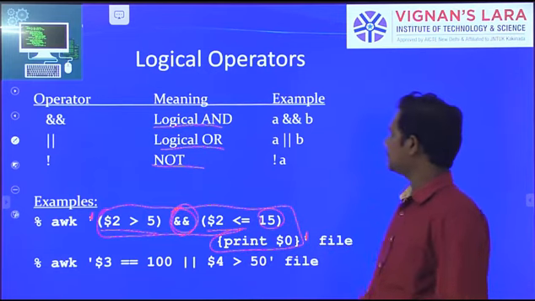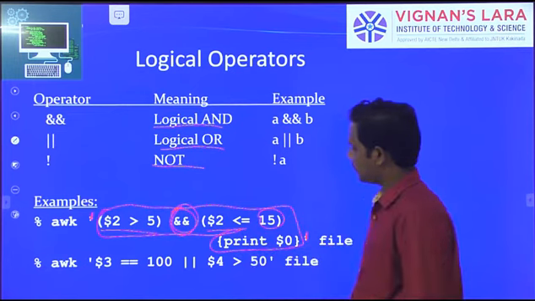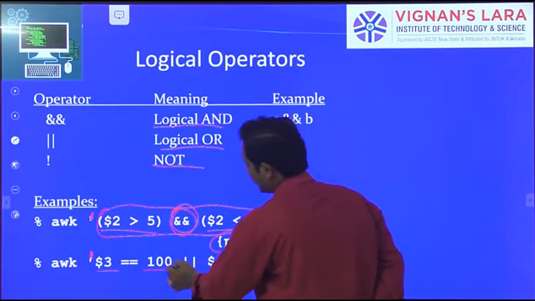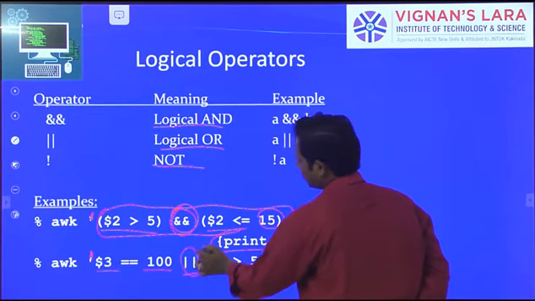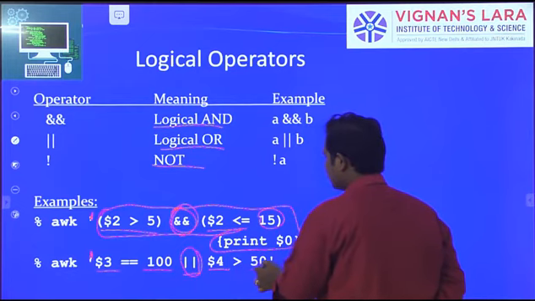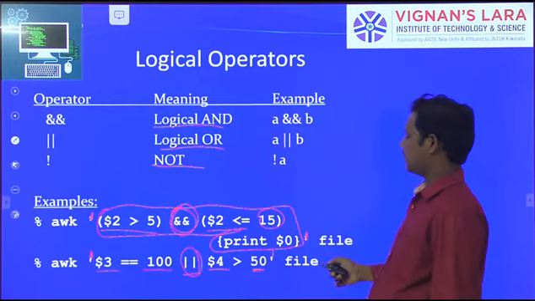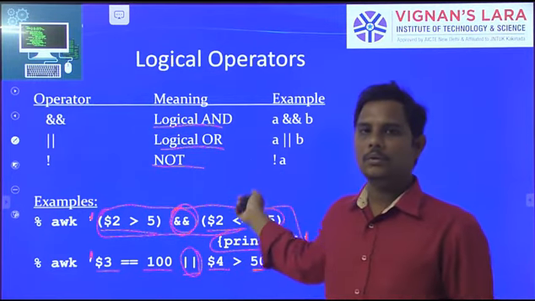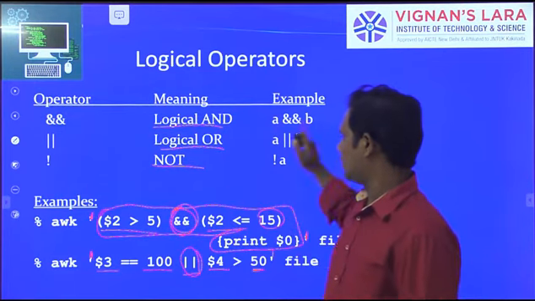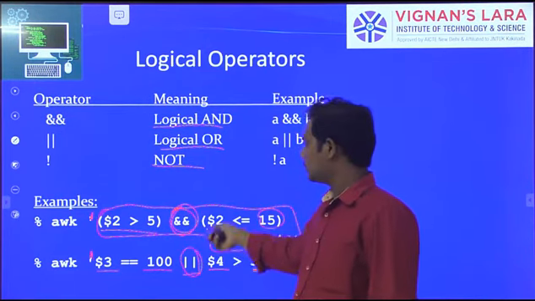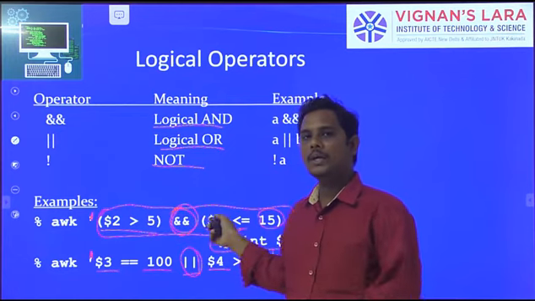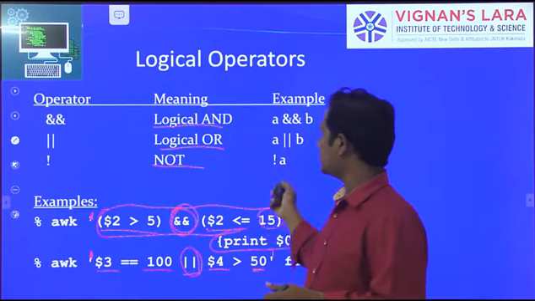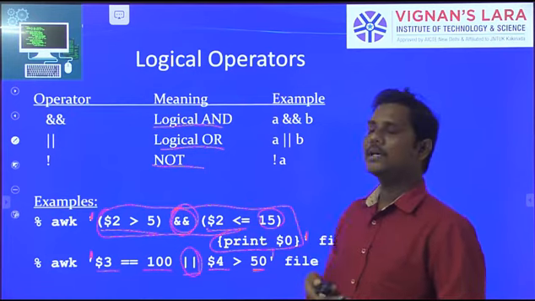This script can use the AND operator or the OR operator. So in AWK, the quotation starts, $3 equal to 100 or, the OR operator, $4 greater than 50, then close the quotation. We are giving the input file. As you already know from C language and Java language, these operators work in the same way. How we write the statements in the AWK command is very important.